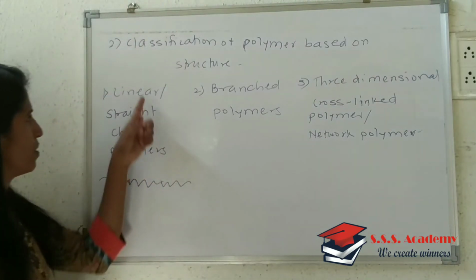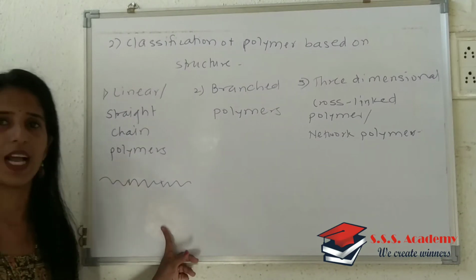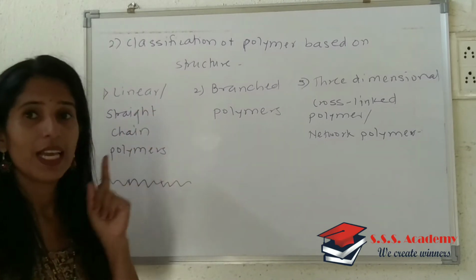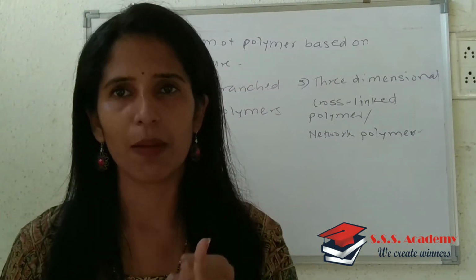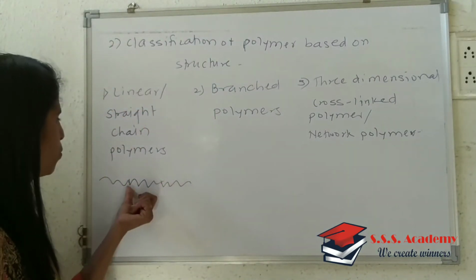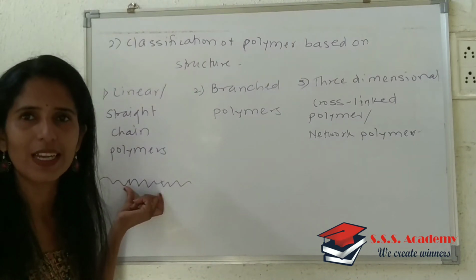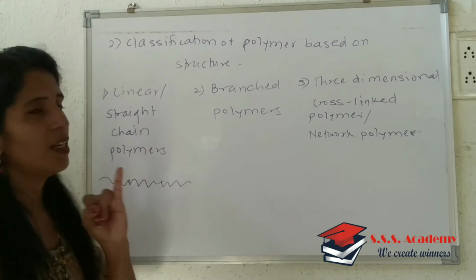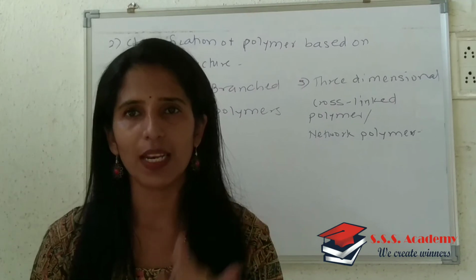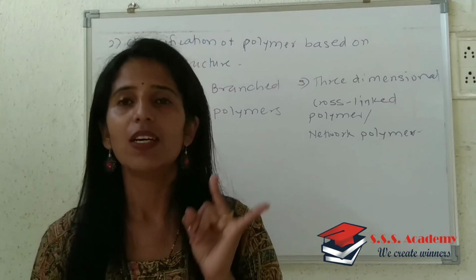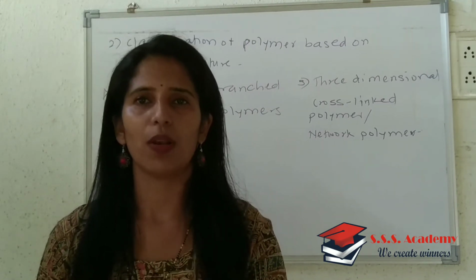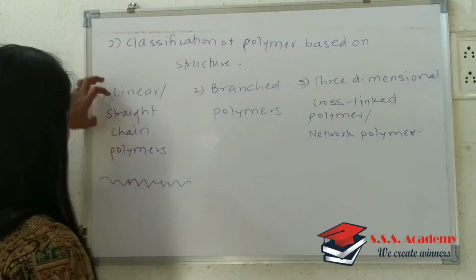After that you will start with the first type I have explained to you, that is linear or straight chain polymer. Write this type first, and then you will write that the monomers involved are bifunctional. What is bifunctional? That I told you: it possesses two sites of attachment, 1 and 2, or two reactive centers where the reaction can take place. So what you are supposed to write in this? Monomers are bifunctional. The second point you are supposed to write: monomers get attached to one another in a linear way, thus resulting in the formation of a straight chain structure or straight chain polymer. Is it clear? So that refers to the linear or straight chain polymer.